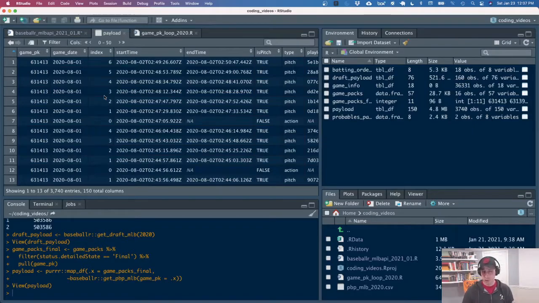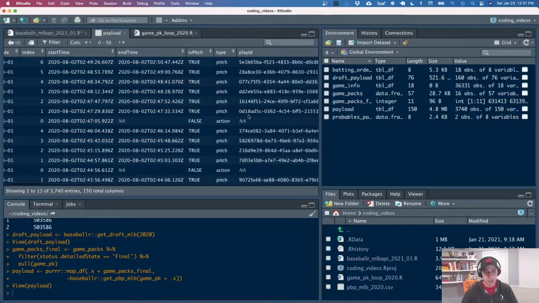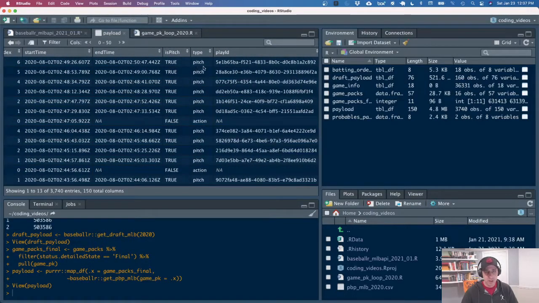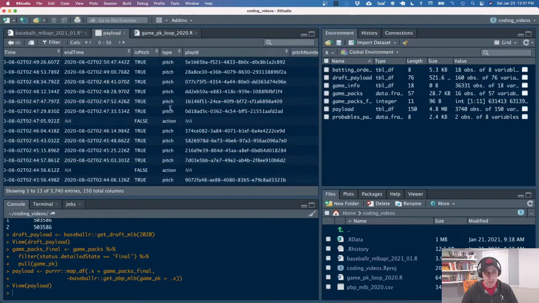The column names are going to be a little bit different, but again, the bulk of the information here is going to be the same. So was this a pitch? Is it true or is it false? Now what you're going to find here is that in a lot of cases, most of the data here are pitches. But we've got these other things called actions, and that's where things like mound visits and defensive substitutions are